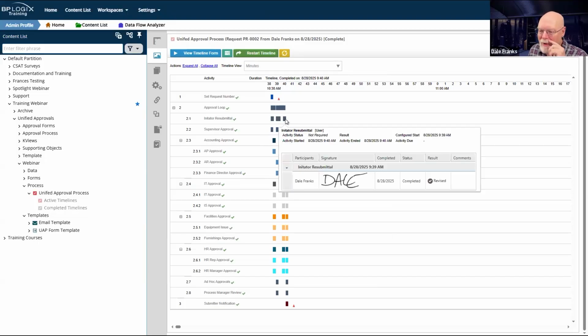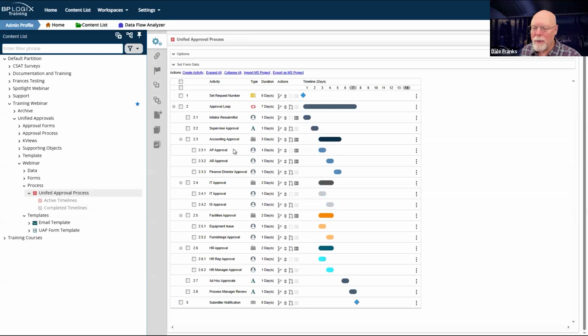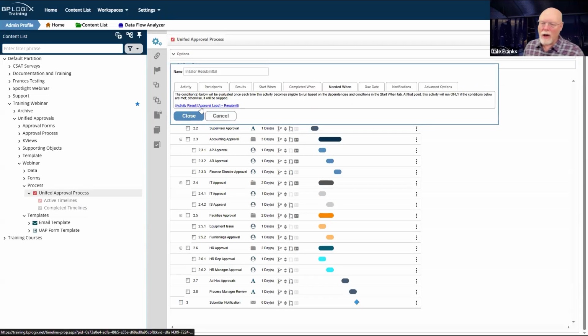So that's only really showing me the ones that actually ran across these minutes. It's a good thing that we can drill down to minutes on the process timeline to see what happened. All right, let's go back to the timeline itself. And let's go back to initiator resubmittal.